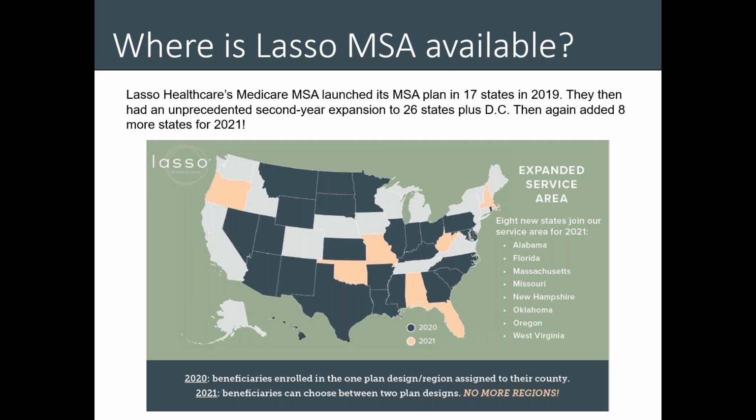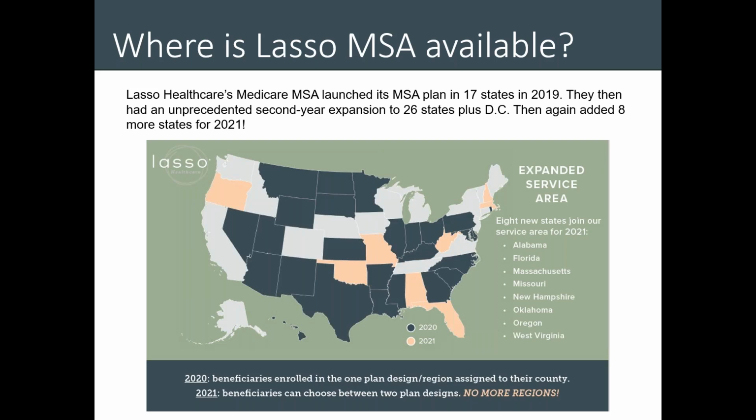And some of the additions for 2021 are huge. Oregon is a massive Medicare Advantage state. So is Florida. Massachusetts, Missouri, Oklahoma, West Virginia, Alabama. And a lot of people think West Virginia, probably not a really good Medicare Advantage state because it can be very rural. Well, as I started off by saying, believe it or not, those are some of the best areas